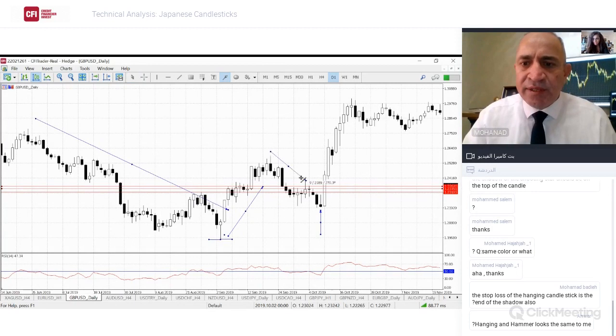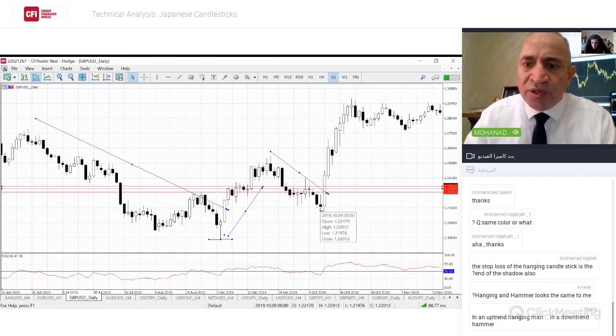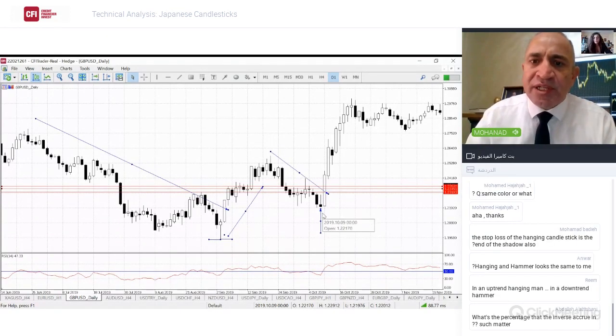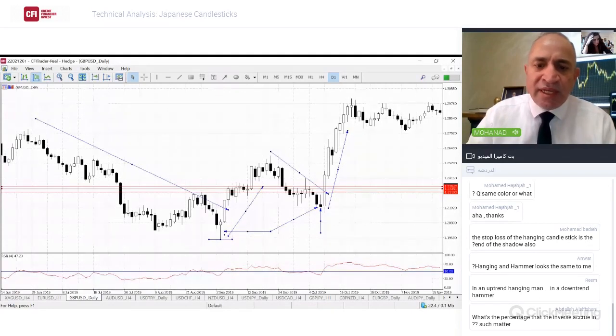We have a downtrend. At the end, I had an inverted hammer, as we see the shadow from the up, while the body is very small compared to the tall of the shadow. When I see this candle, I expect the market will change its direction from the downtrend to the uptrend. In the same chart, I have a hammer and an inverted hammer, and both are positive or bullish reversal candlestick